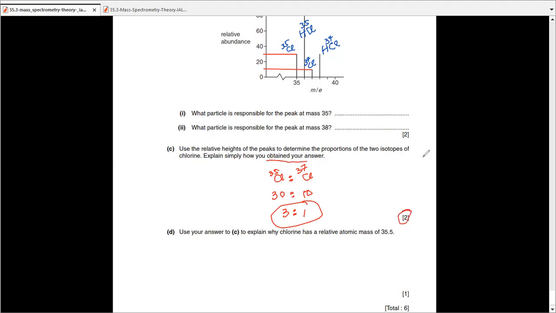Okay, now part D. And this should be really easy because this is something we've done back in IGCSE, not in AS. Use the answer to C to explain why chlorine has a relative atomic mass of 35.5. 30 into 35 plus